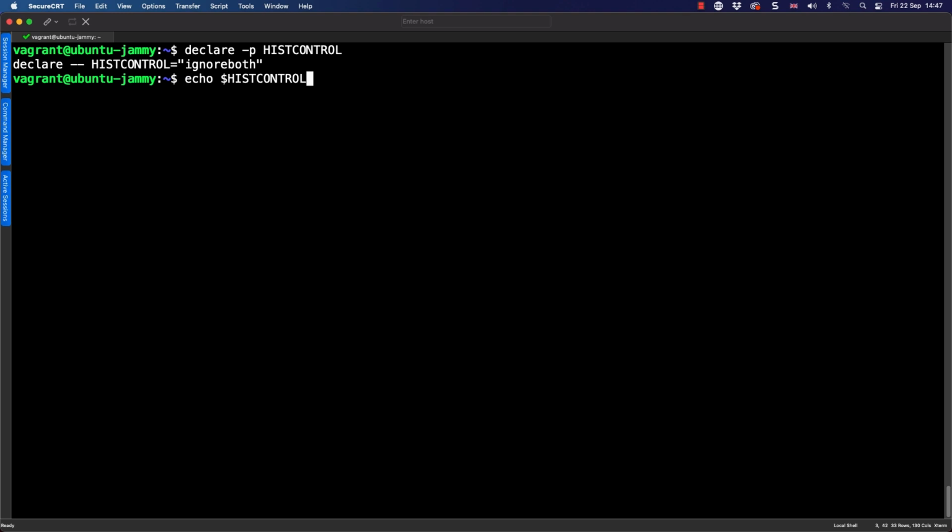Again, if I look at a more simple way, we can see with the $HISTCONTROL and the echo command, again, we can see it has the value of ignoreboth. Well, the first thing we have to understand is ignoreboth. Well, what is both? It's commands that begin with a space and duplicates. So it's equivalent to ignorespace:ignoredups. So for one thing, I like the shortcut, but like most shortcuts, it doesn't really explain what's going on.